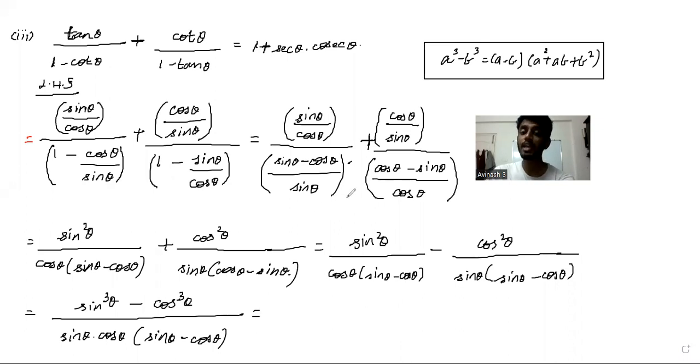Now it resembles a cube minus b cube where a is sin theta and b is cos theta. So now what we get is sin cube theta minus cos cube theta. This will become sin theta minus cos theta into, on applying the formula, sin square theta plus sin theta cos theta plus cos square theta